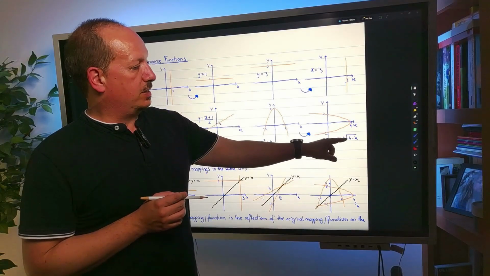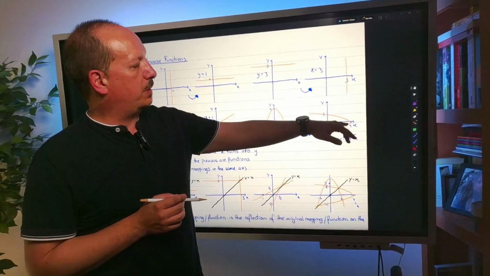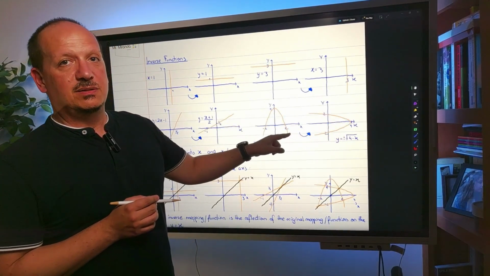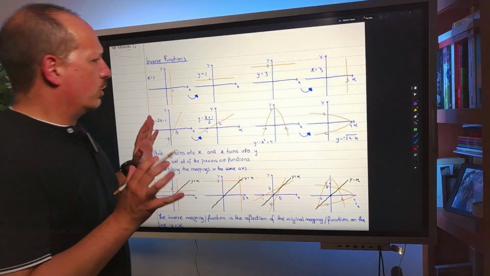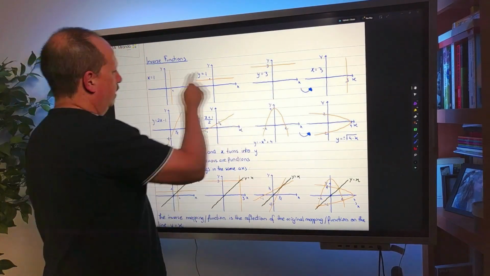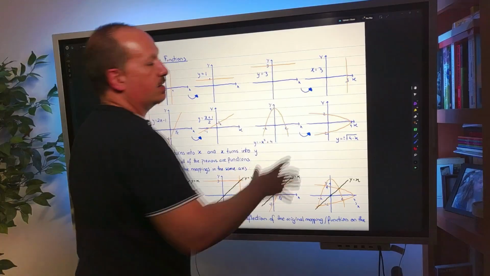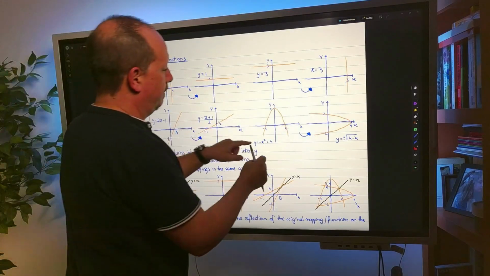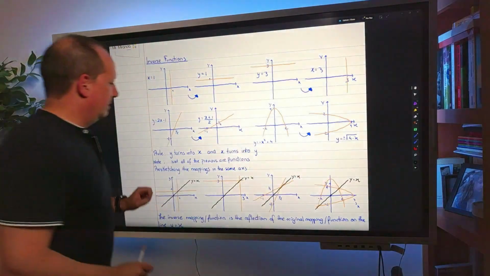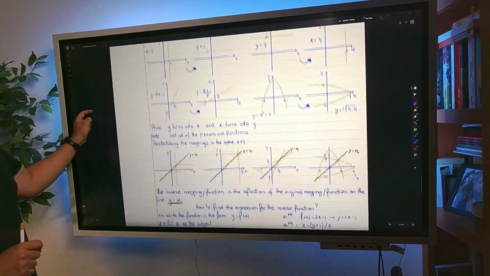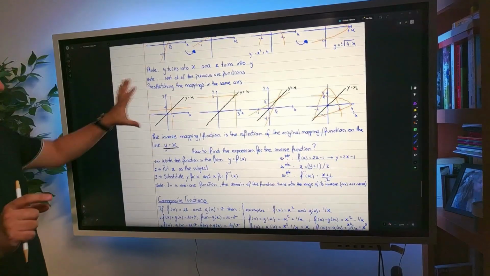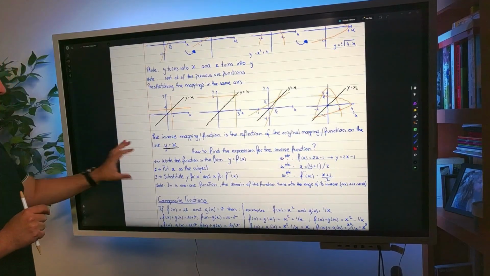Okay? The positive square root of 4 minus x would give this part over here. The negative would get this part over here. Okay? So the question is, how do you go from here to here and from here to here? That's obvious, right? But how do you go from here to here and from here to here? You'll have to follow these